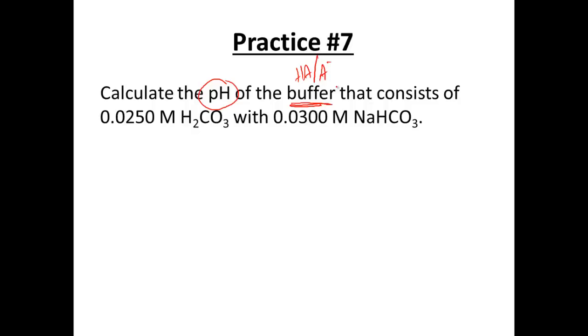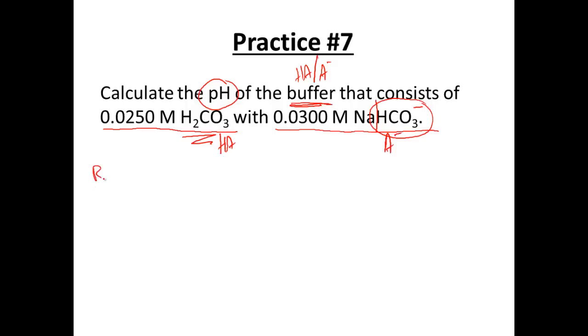So in this case, the A minus there. And the buffer here consists of 0.0250 molar carbonic acid with 0.0300 molar sodium hydrogen carbonate here. So you can see this is the conjugate base of this particular acid over here. So the trick to these is once you identify what you have here, the weak acid and its conjugate base,